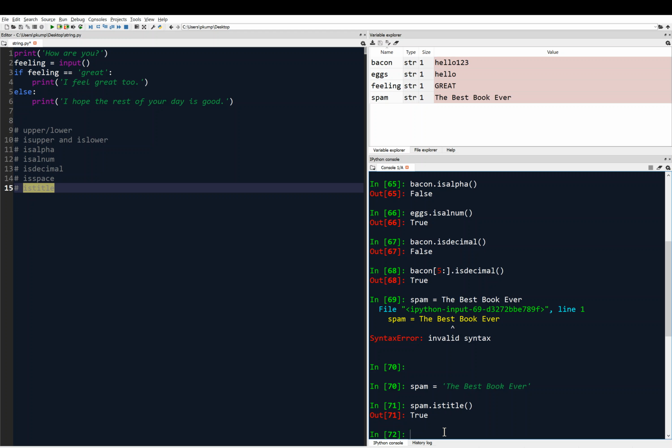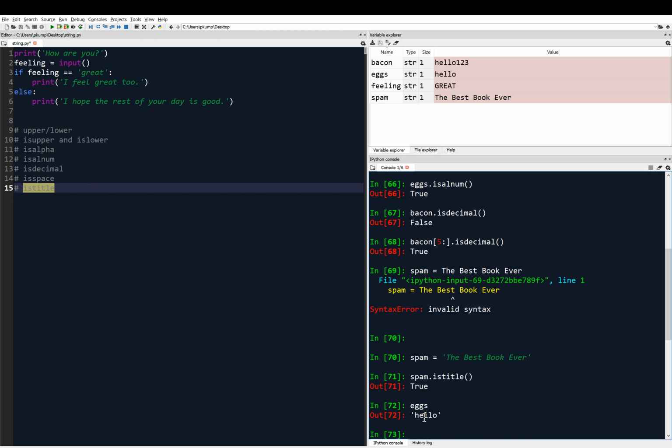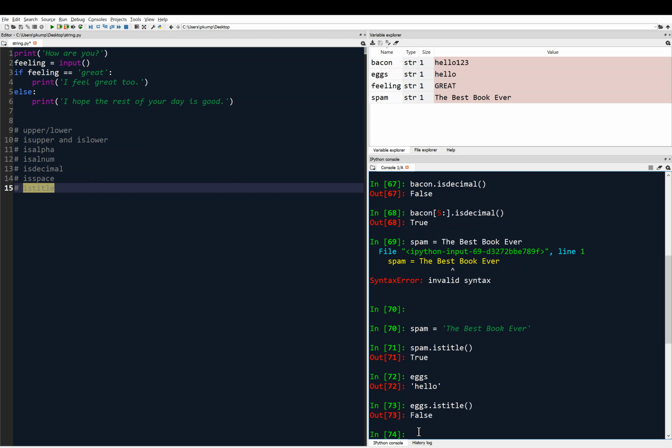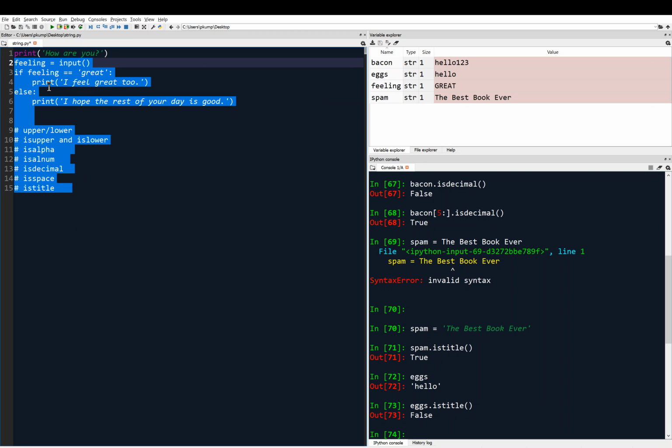But if I looked at bacon, or how about eggs, where eggs is just this lowercase hello, if we did eggs.istitle, this would return false. And there it is. Okay, now I'm going to give you another example of how we can use this. I'm just going to delete this in my editor,